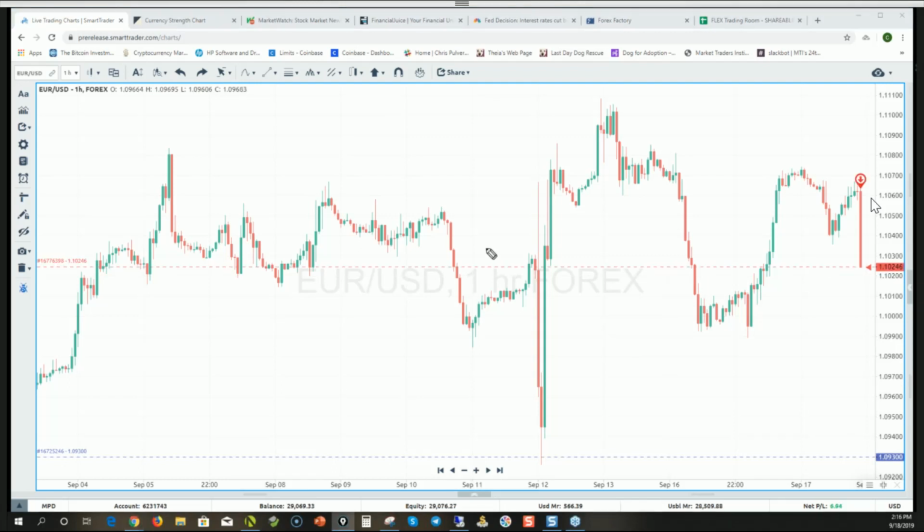So traders that were with me during ECB, we made some pips on the way down, and those that held on to it made a ton of pips on the way up. But here we are giving it all back. So I do have a pending buy back at this low. And if we look at the slightly higher time frame here,